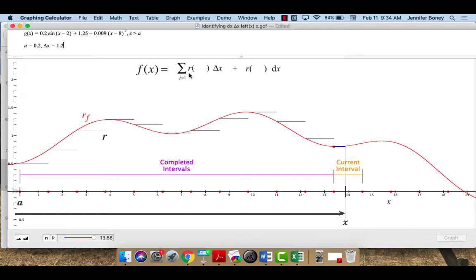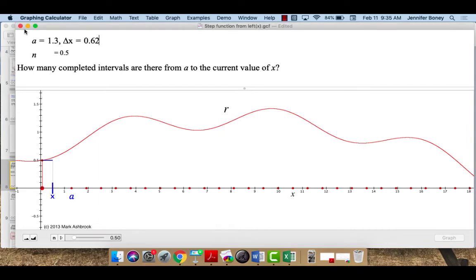But in terms of this computation, inside the parentheses, a plus however many delta x is talking about an x location, and the reason I'm multiplying by delta x is that a rate times something would give me what happens because of that rate. So they're used in different ways. One's to pick out a value for the rate function to use, and the other's how long I'm using it for. But it's going to be delta x in both places because of how we're doing this, because every single time